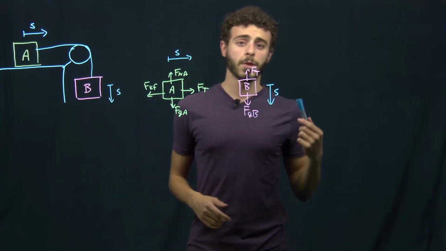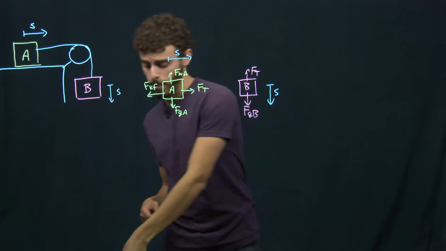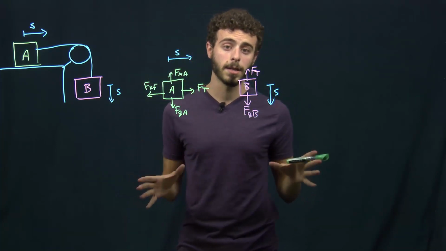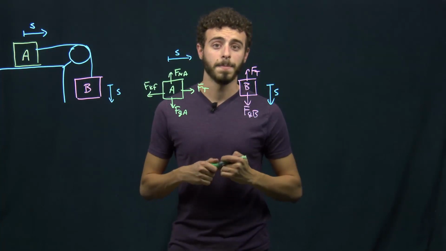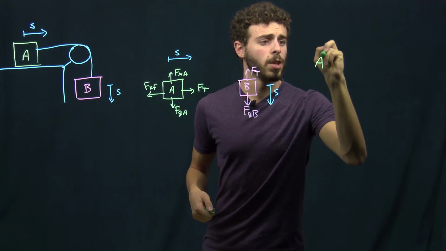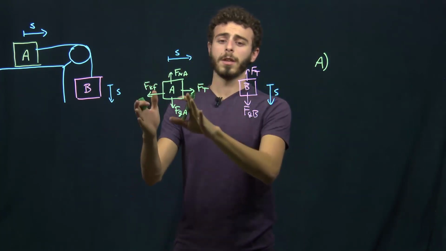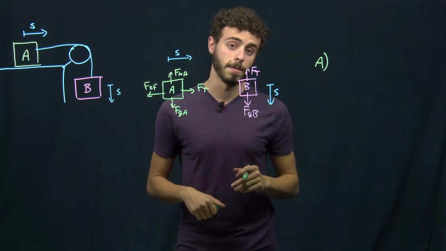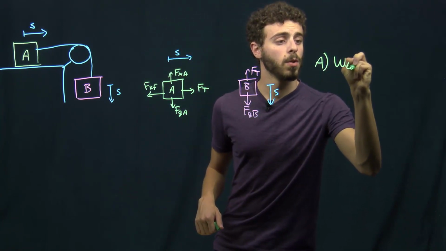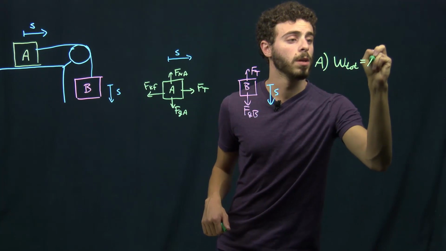So now we want to use the work energy theorem to see if we can get somewhere in order to find the velocity. We know the work energy theorem relates work to a kinetic energy, which has to do with velocity. So it's a good idea that this might help us out. We're going to apply the work energy theorem to block A first and then to block B. So for block A, our work energy theorem tells us the total work done should be equal to delta